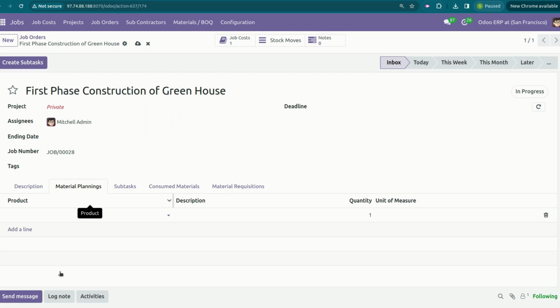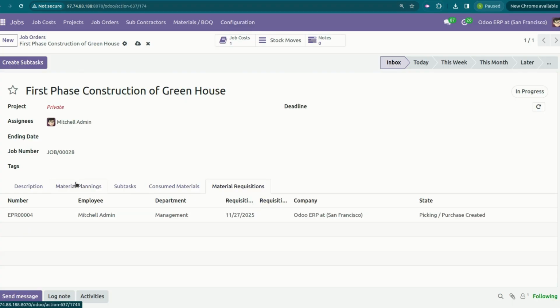Once you enter all the material here, when you click on the button action create material request, then it will generate the same material requisition request over there. I already showed you the flow, how it is working. Here we can see already we created one of the material requisition. It is visible here.